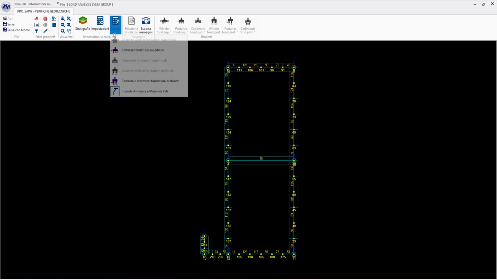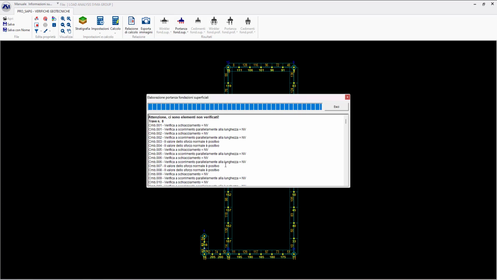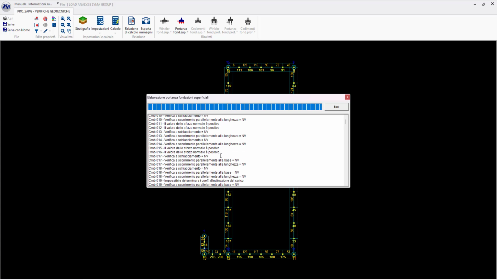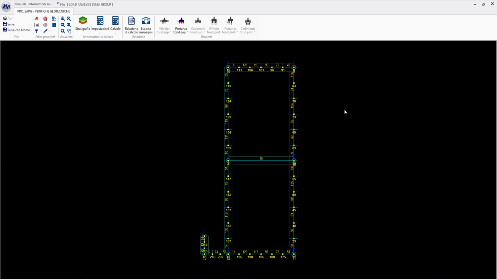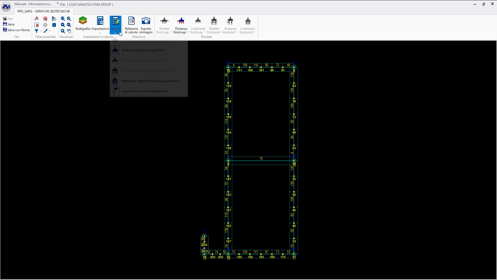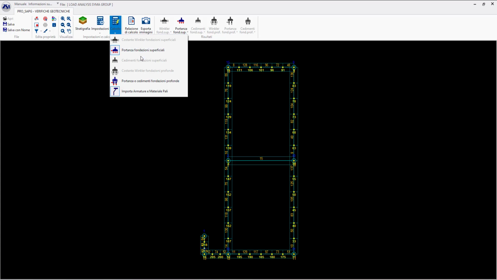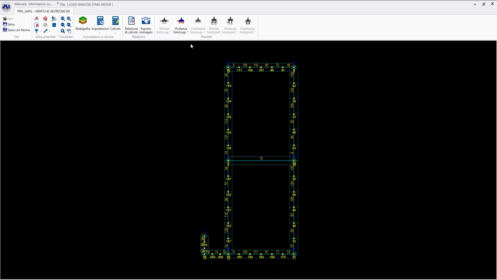So let's go on Calcolo, portanza fondazioni superficiali. Okay, it says that there are some unverified elements, but right now it's not a problem. We go exit, and with Calcolo we actually do the calculus and the checks, and with this command we can see the results.